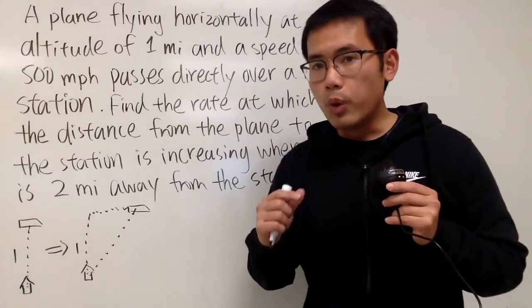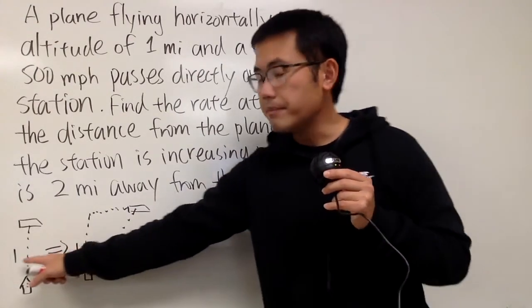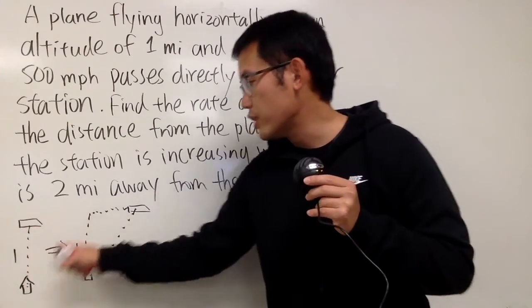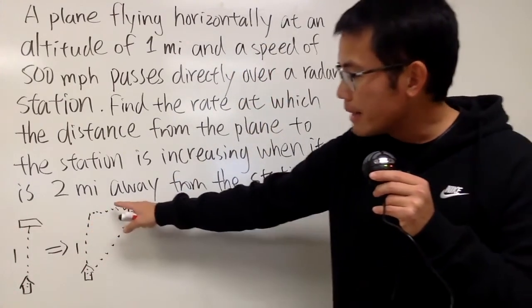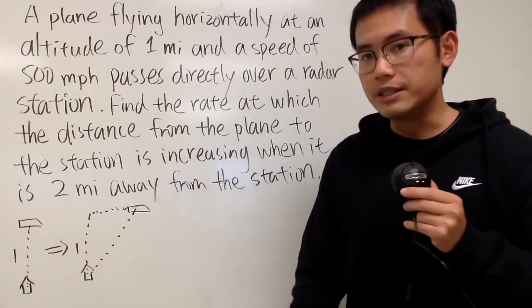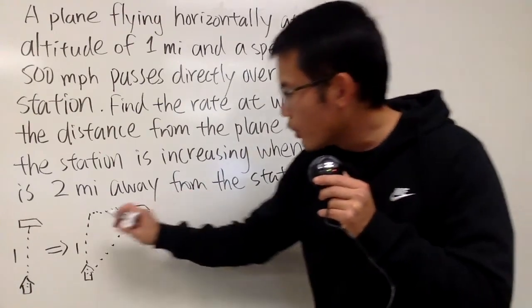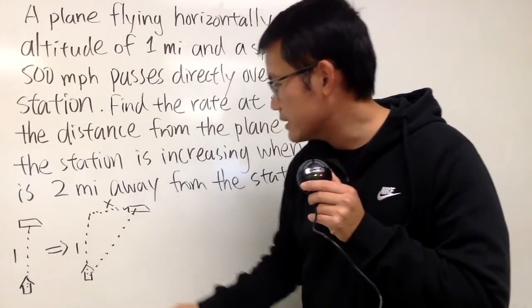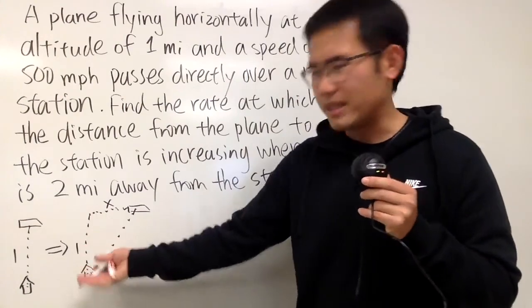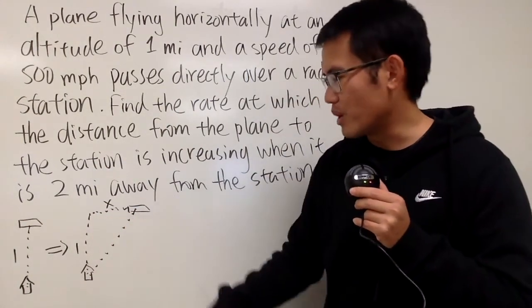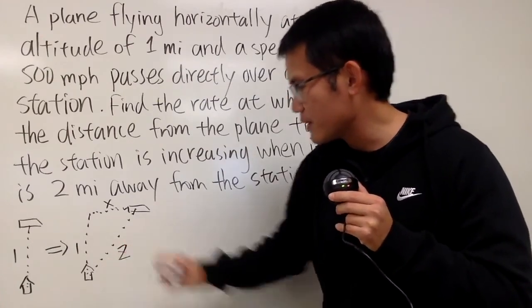Now remember that when we put down the labelings, if it's a constant, if the number doesn't change, you can just write down the number. So the 1 doesn't change, we can just put that down. But this distance and that distance, as we can see, they change. So we have to label them with variables. So for this one, let me label this with x. This is like y, but it's 1, so you can just put that down. This constant, vertical, is the y. But for this one, let's put on z, right?